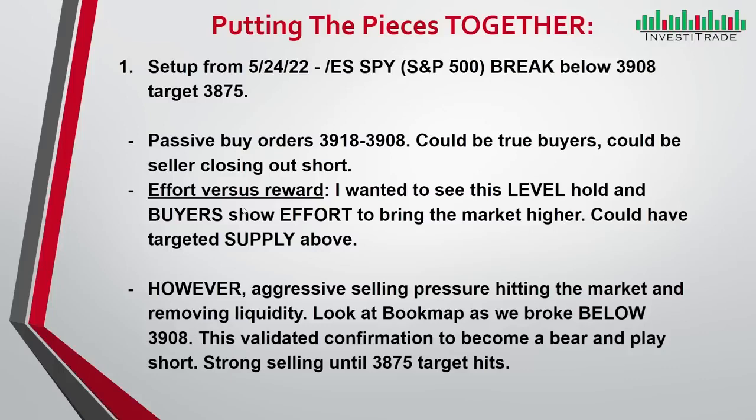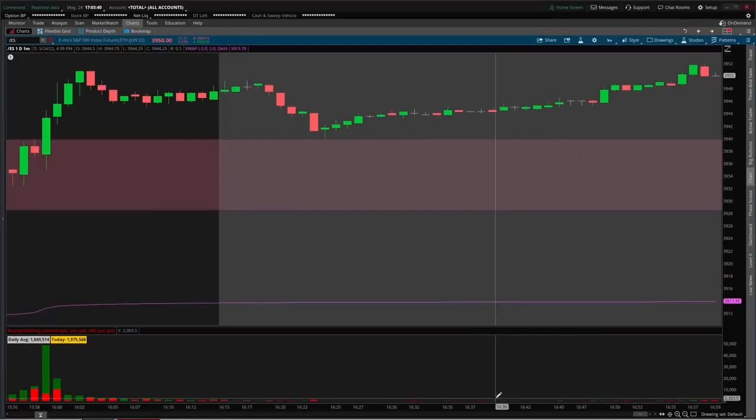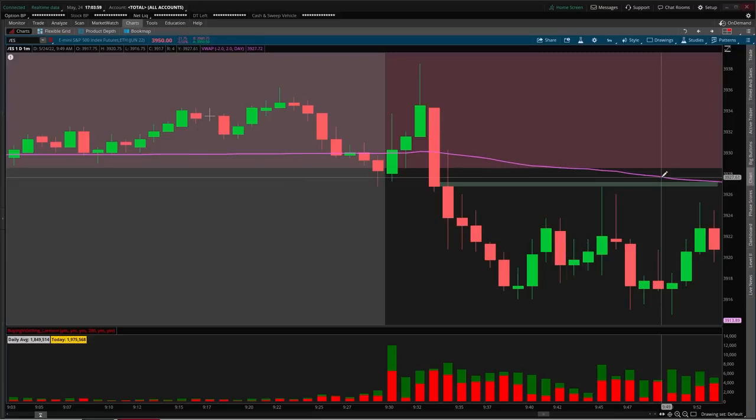The market moves based off of effort versus reward. If I'm watching a level, I want to see this level hold and buyers show effort to bring the market higher. We could have targeted the supply above. In fact, that's exactly what I was watching. Going to a 1-minute chart, this is what it looked like. Market sold off. Basically, this is where the passive buyer was loading into his position or closing out his short. And I wanted to see the market get above this aggressive seller at 3926. We failed to, which made me not play the market long